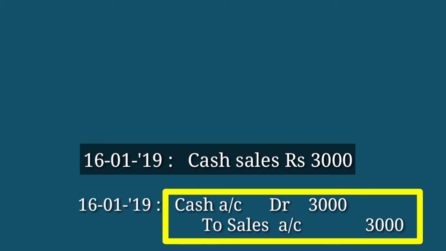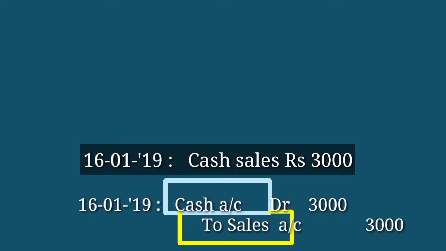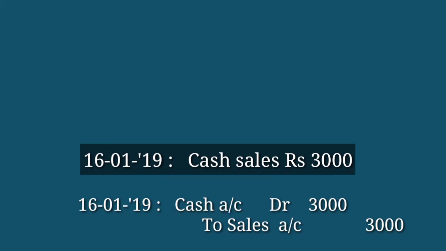What we need to do? We need to separate them. For this purpose, we need to make 2 accounts. What are they? Cash account and sales account. Cash account we already prepared. We need to prepare a new account, the sales account. Okay. We will do the partition, that is debit separate and credit separate. That means cash separate and sales separate. Cash is going to his house and sales is going to his house, right?